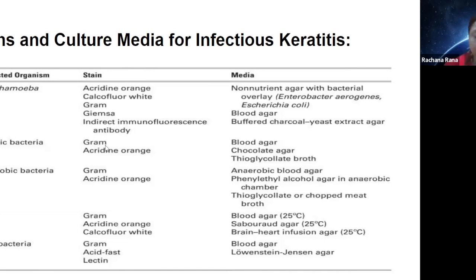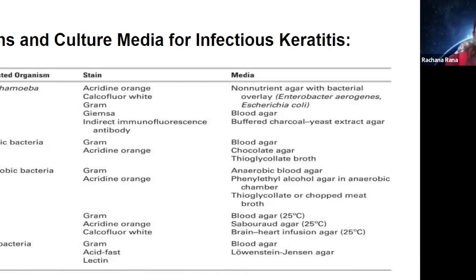For aerobic bacteria, Gram stain is adequate. For anaerobic bacteria also, Gram stain can be done. And for fungus, Gram, acridine orange, and calcofluor white stains can be done. And for media, we have blood agar, Sabouraud agar, and brain heart infusion agar. For mycobacteria, the choice is Lowenstein-Jensen agar. In our context,